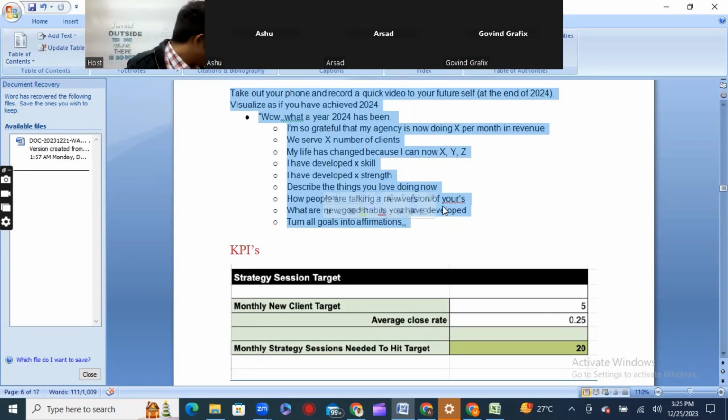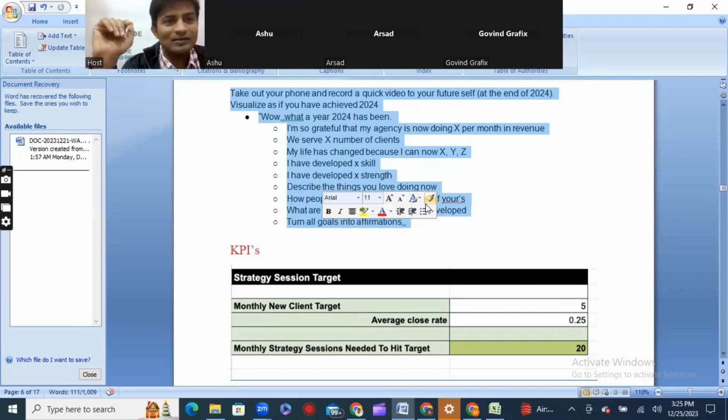I have done this exercise in year 2023. This was my goal sheet, and you can see here that most of the goals I have ticked have been achieved. The few goals that remained unfulfilled were in relationship and somewhat in wealth. Other than that, I have achieved 90% of my goals. So it's very important: don't feel overwhelmed thinking how can I achieve it. The universe will make things happen. There is a power in the universe.